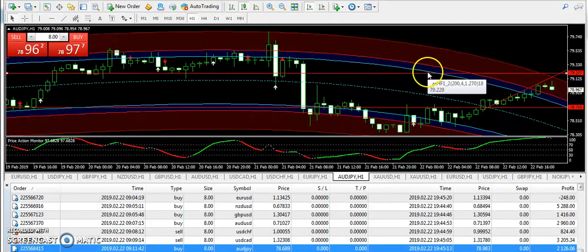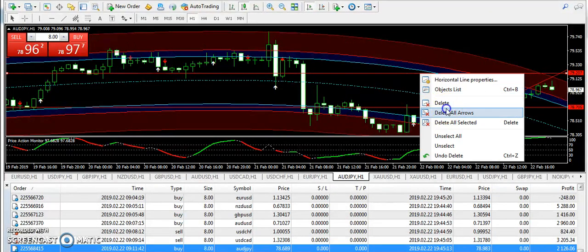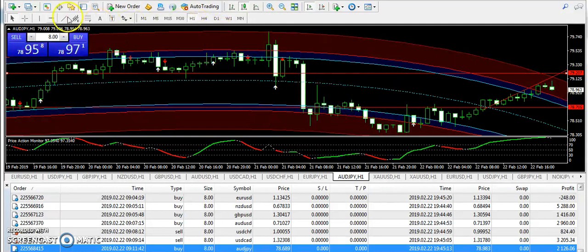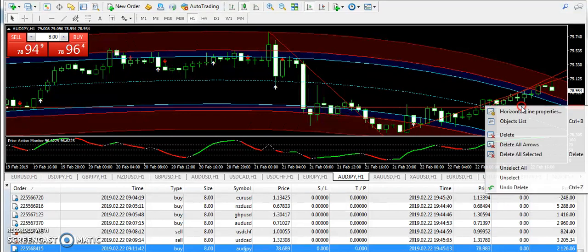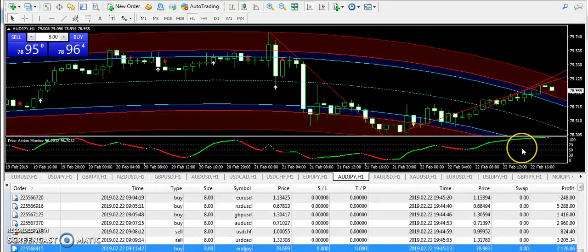And for the newcomers who are new to the channel, let me explain the trading system. Sell at the top red boundary. If you see that the market is dropping from the top red boundary, then you can sell the pair. And whenever you see that the market is gaining momentum from the lower red boundary, then you can take buy positions, as you can see here. And also the scalper has provided you with a buy signal. So that was a very easy trade, and take the swings like this and things will become very easy to trade in Forex. And guys, this is how we use the trading system.